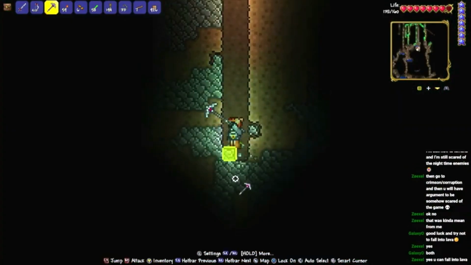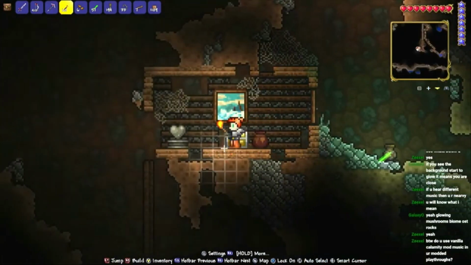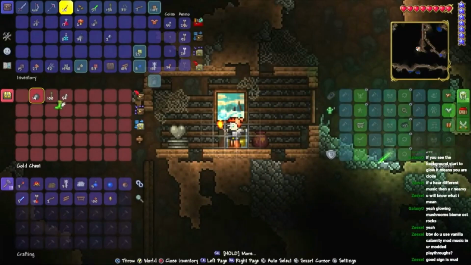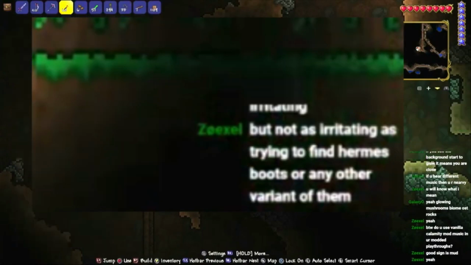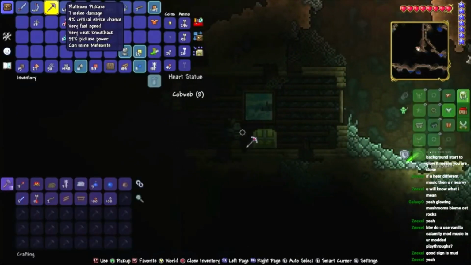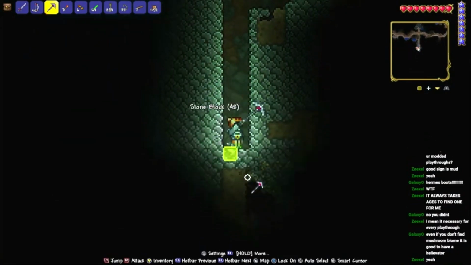And down, and down, and down, until eventually, I found an underground house. To which I looted the underground house and found Hermes boots! If you were paying any attention to the chat throughout this, you'll probably notice that Zoxel earlier made a comment on how Hermes boots are a pain in the butt to get, so I think this is hilarious. Anyhow, I then continued to dig down, and down, and down, until...